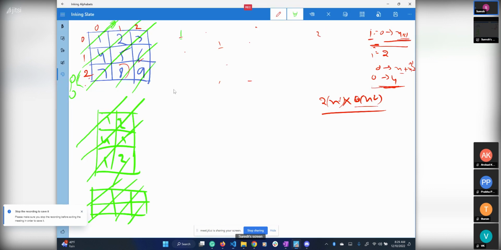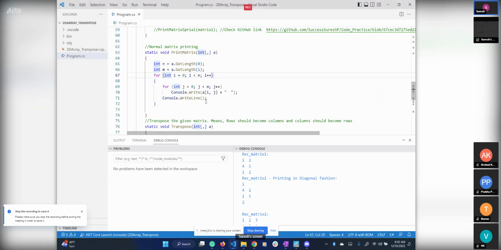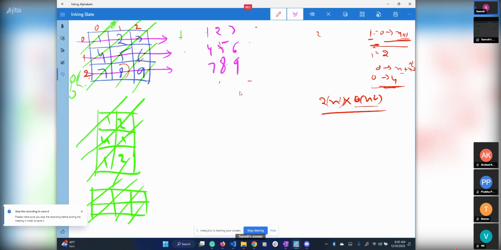So basically, with this for loop, you are simply releasing the arrows this way and you are printing 1, 2, 3, new line, 4, 5, 6, new line, 7, 8, 9, new line, isn't it? Look here, I am putting a new line. Once you complete a row, we print a new line, and then take the next row and completely print it, isn't it? So in the normal printing, we are releasing the arrows in a horizontal way,